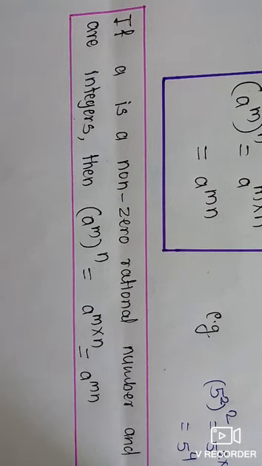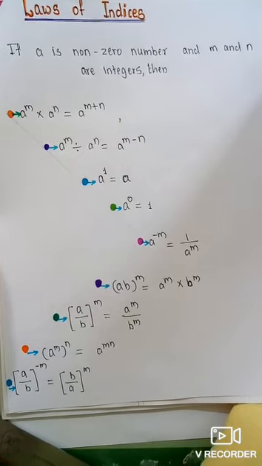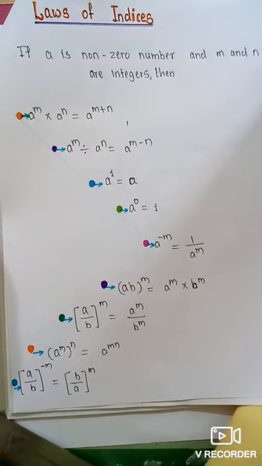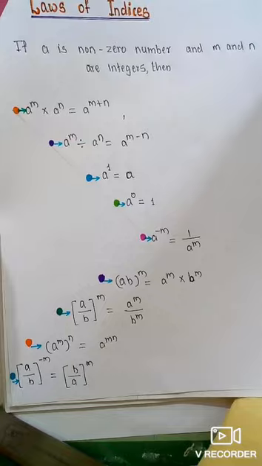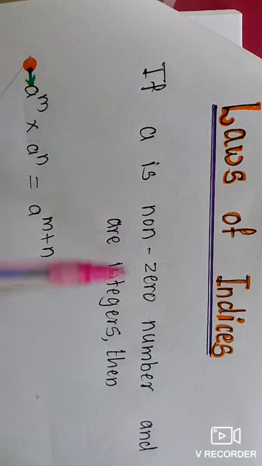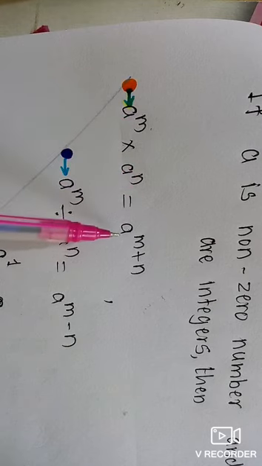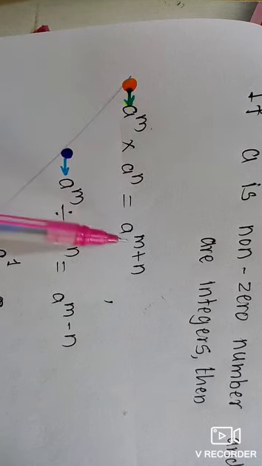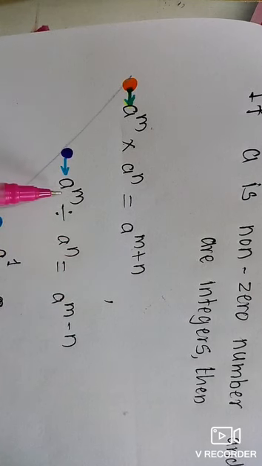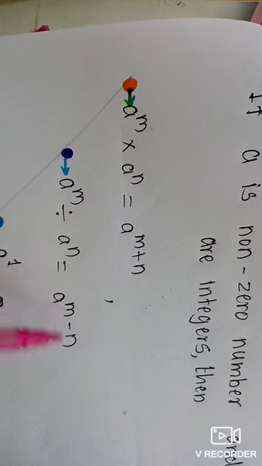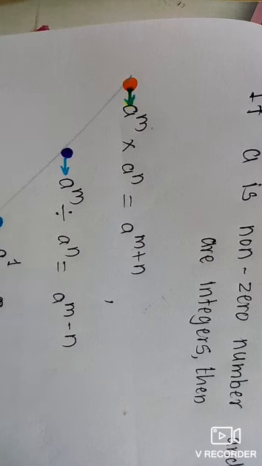Now we will see all rules together. Now we will again learn one by one and we will remember that. Okay. So see, these are the laws of indices. If A is a non-zero number and m and n are integers, then the first rule: if A raised to m into A raised to n is there, we have to add indices. Means if multiplication is there and bases are same, A raised to m plus n. If bases are same and division is there, then A raised to m minus n. Means we have to subtract indices.